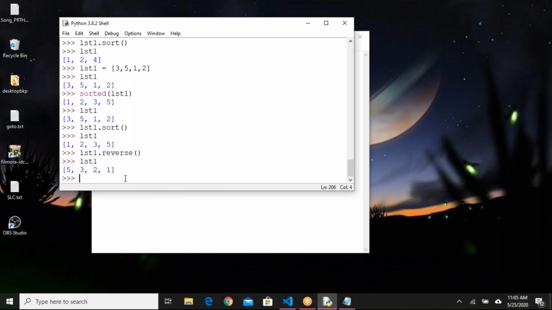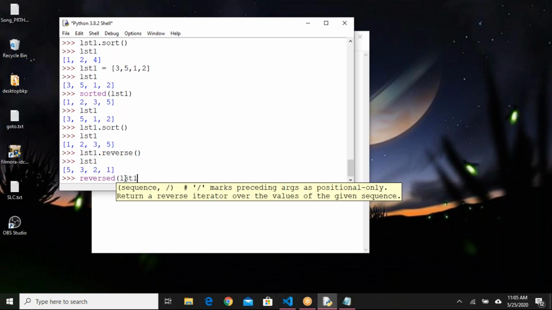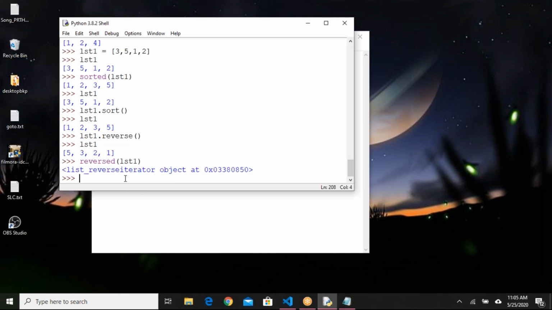It will rearrange the data into reverse order, and we have reversed also. Of course it gives an object format, so we have to deal with this in a different way. We'll see that. Sorting and sorted, is that clear to everyone?